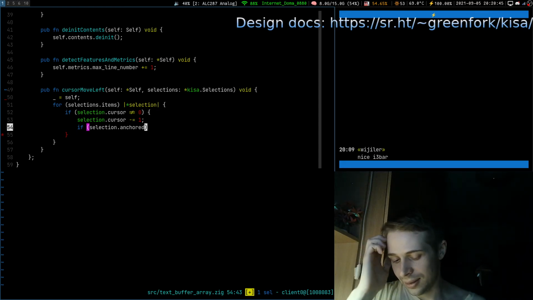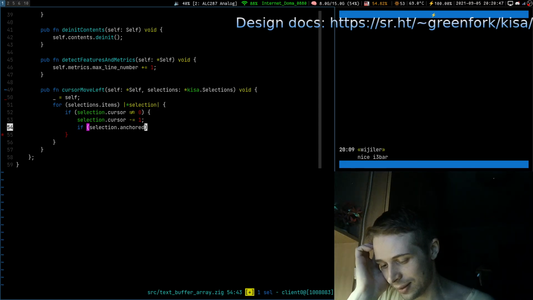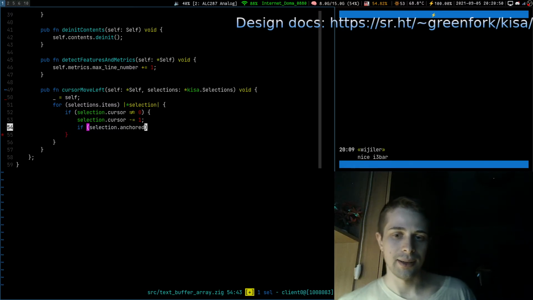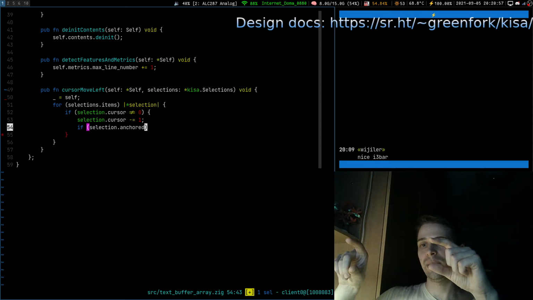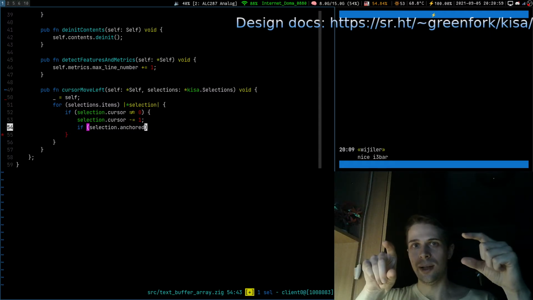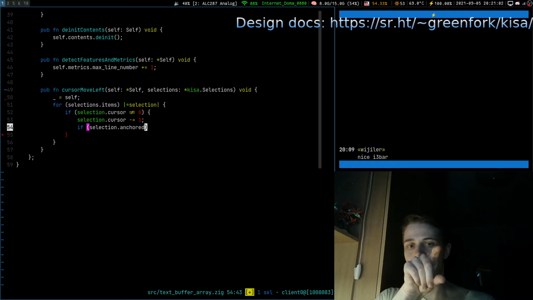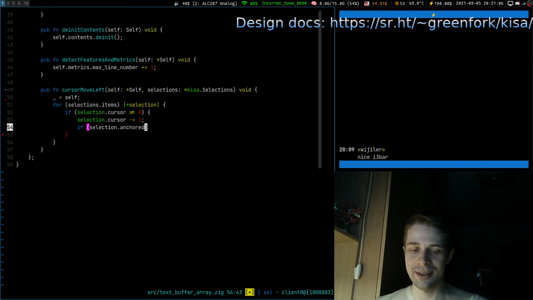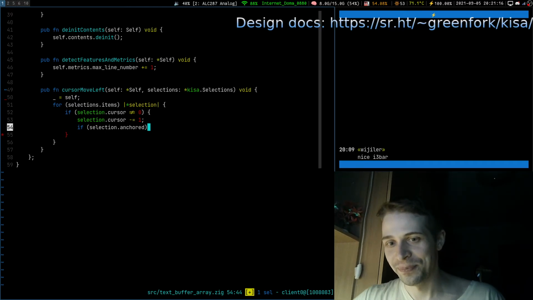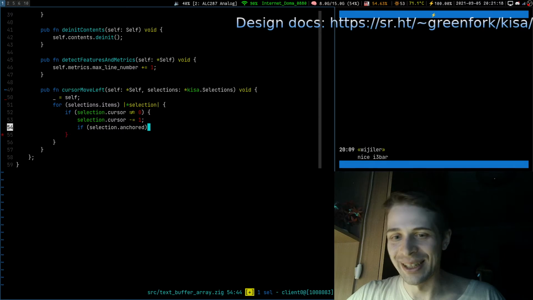Now when I think of it, it is an interesting case that we should check if it is not 0, in the case where we have a selection and we would like to move the selection as a whole, one cell left, the whole selection. I believe it is not implemented in any editor I know, and probably for a good reason, but we probably shouldn't make a hard block here.